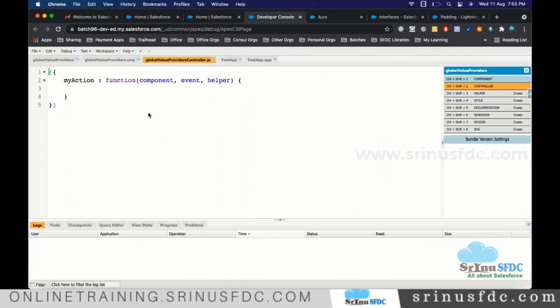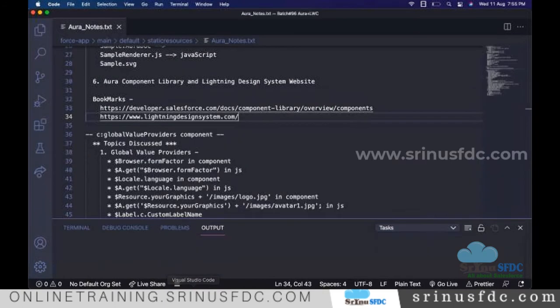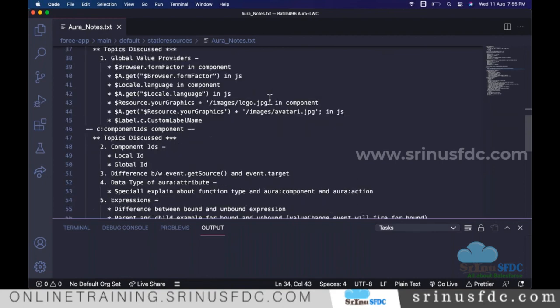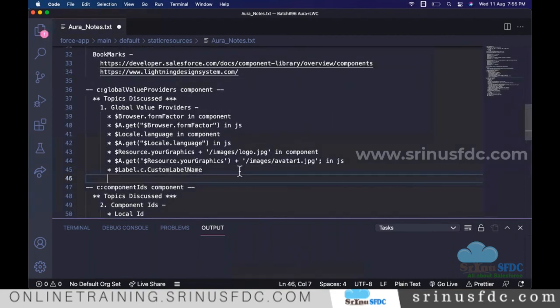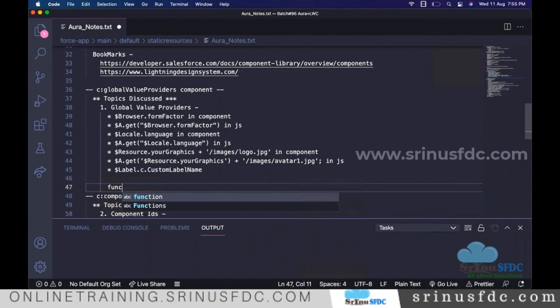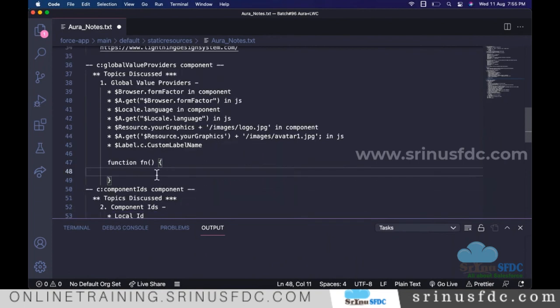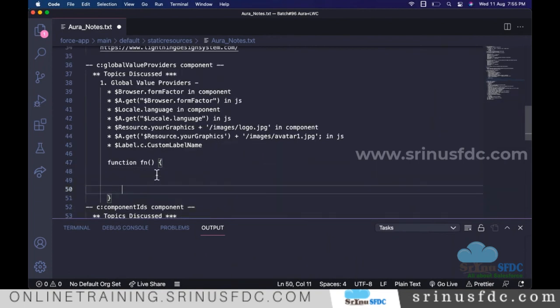And here, the way we create a function, maybe in Visualforce, if you want to create one of the JavaScript functions, so how do we work? Maybe we give it like this, right? Function name, this is the way. Now in Aura, whatever function you are seeing here,